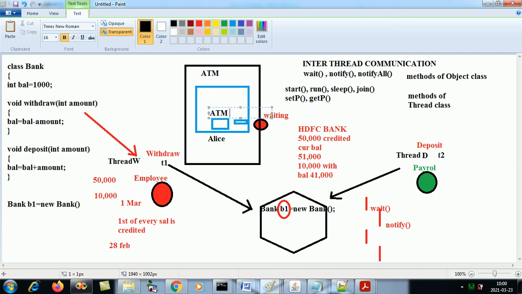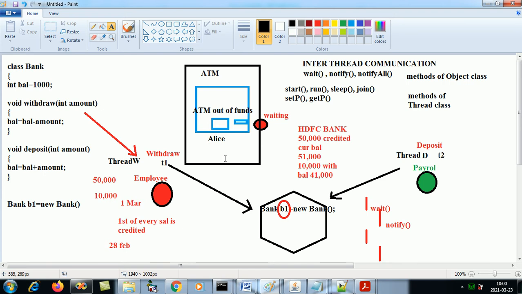Now as we all know, in an ATM only one person is allowed at a time. So let's say Alice enters the ATM and Alice locks the ATM. Let's hypothetically create an environment. This is a lock. Alice has gone in the ATM and locked it, because only one person can enter the ATM at a time.